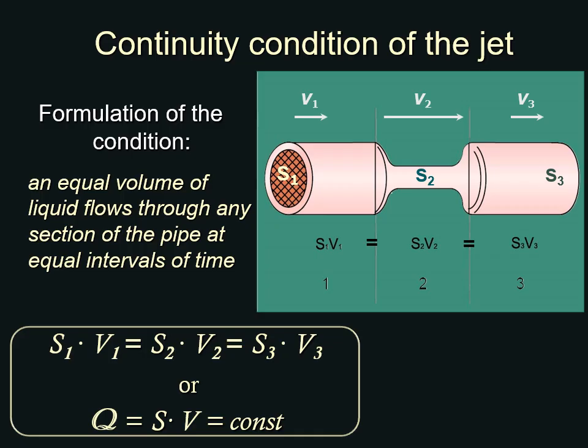The mathematical condition for the continuity of the jet looks like this: Q equals the product of the cross-sectional area by the linear velocity and equals a constant. That is, here are the equivalent products of the area by speed for the first section, the area by speed in the second section, and the cross-sectional area by speed in the third section. Only when all these products are equal will the liquid be able to move in